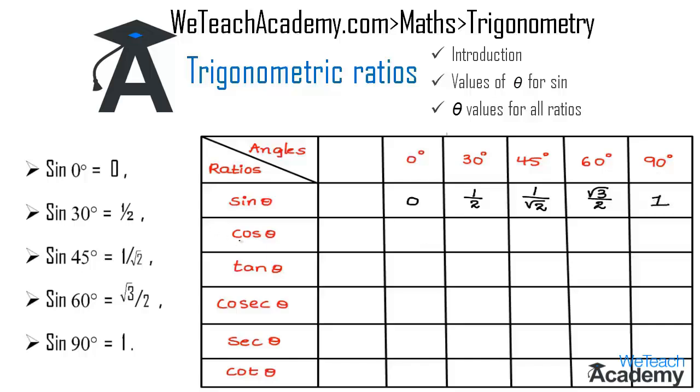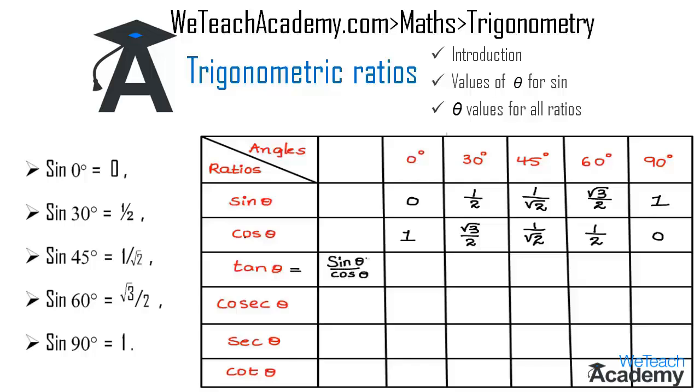We also found the values for cos theta, that is cos 0 degrees is equal to 1, or else we can write sine 60 degrees is equal to cos 30 degrees. So here we can write cos 30 degrees is equal to root 3 by 2, and similarly cos 45 is also equal to 1 by root 2. Then the value of sine 30 can be written here. We get 1 by 2 as the result for cos 60 degrees, and cos 90 degrees is equal to 0. And here tan theta is equal to sine theta by cos theta.